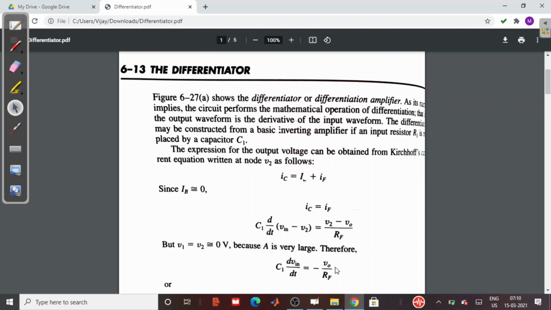As an integrator integrates the input signal, we can say that the differentiator also differentiates the input signal. So it performs the mathematical operation of differentiation on the applied input waveform. Or I can say that the output signal from a differentiator will be the differentiated form of the input signal, or it will be the derivative of the input waveform. Okay, first we shall see how the circuit looks.